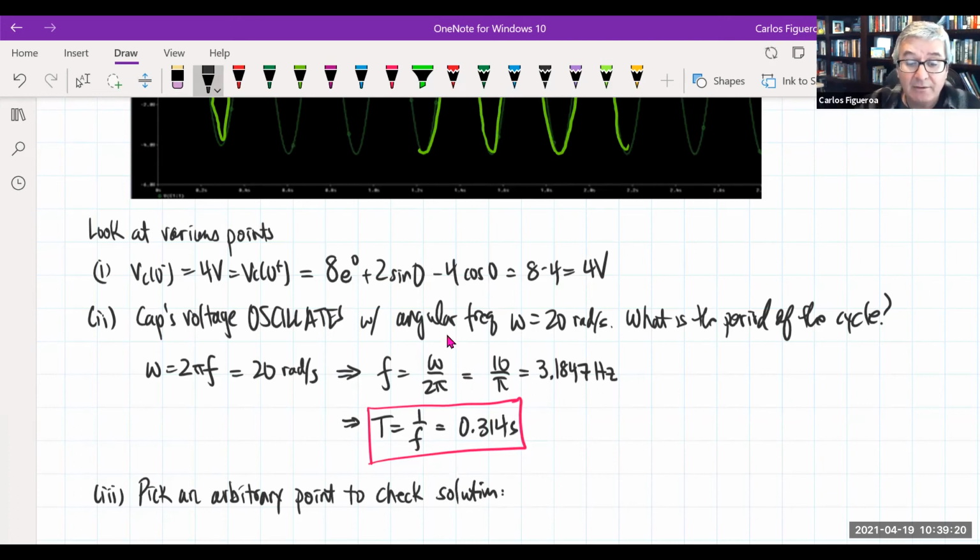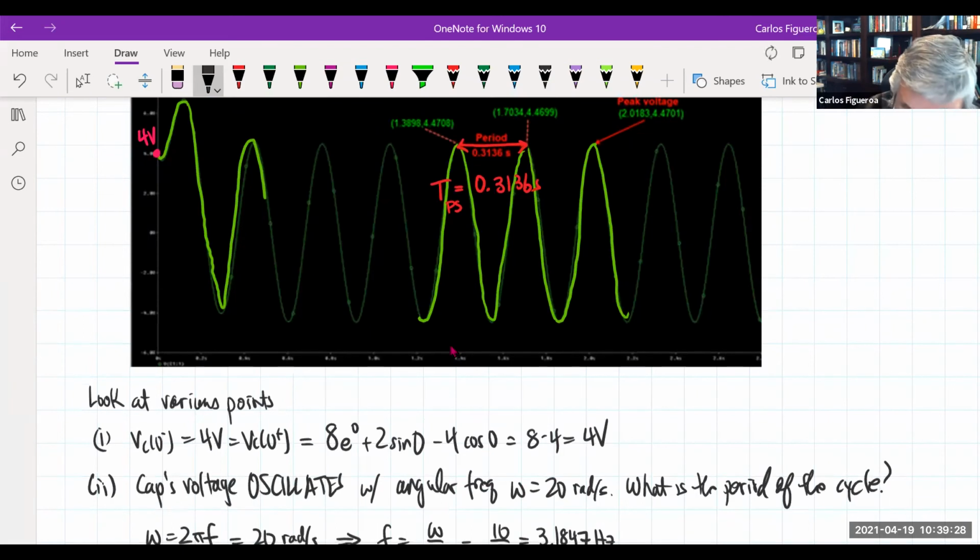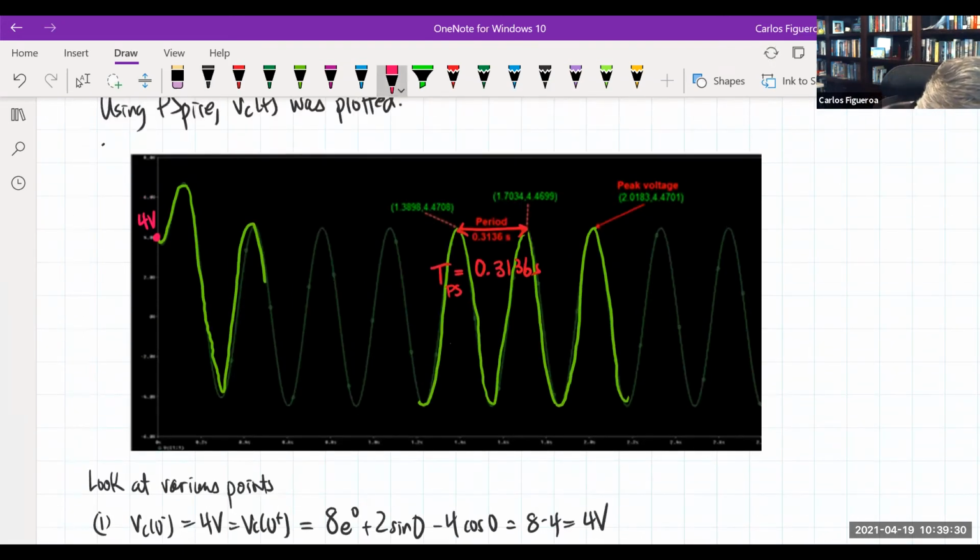So what I did here is that I picked a time at one of the peak values. If I look at PSpice right here, if I come up to my curve, what you're going to see is this peak time right here,